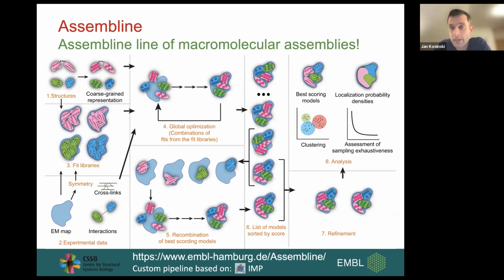Otherwise, you have to assume some stoichiometry, which is set at the beginning of the program, and then you run the full pipeline. Either you have remaining densities, and then you have to interpret the results and perhaps add extra subunits, or if you have too many copies, you would see that one protein is jumping around and has a very dispersed distribution, and maybe you need to remove that from the system.